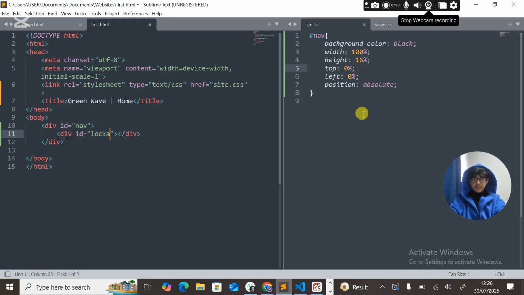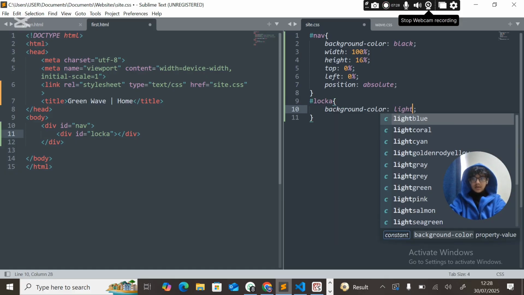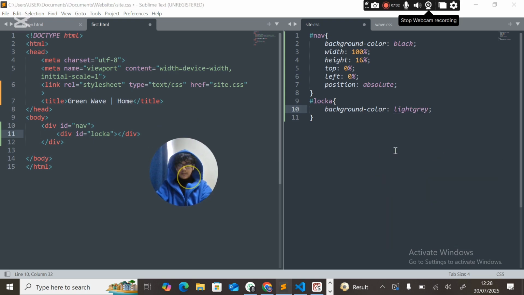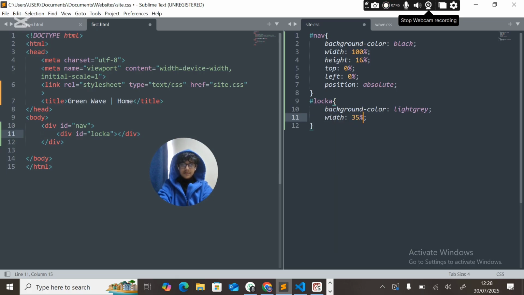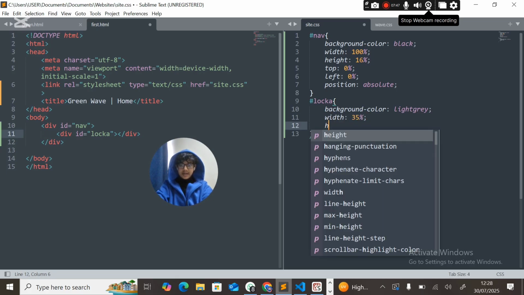A. Let us put a hashtag lock A. We're opening the brackets. Let us put background color light gray. Okay, light gray. Width, we can maybe put 35%. Height, we can put,